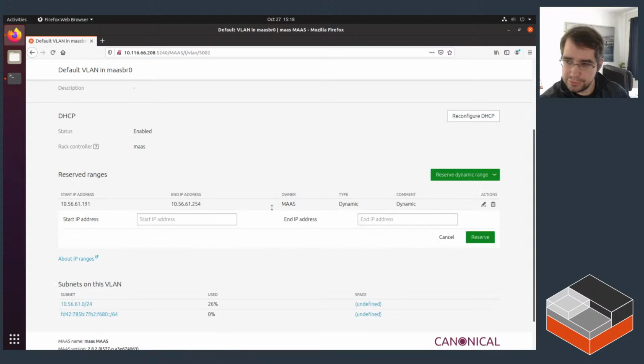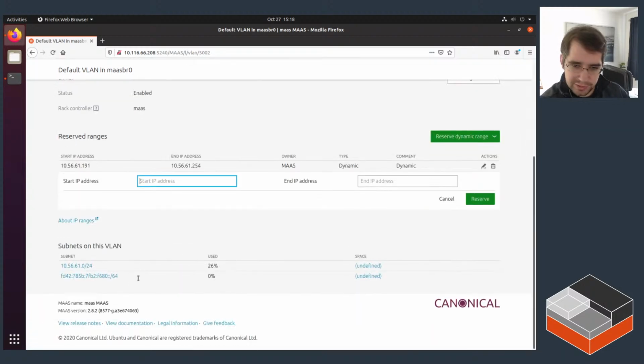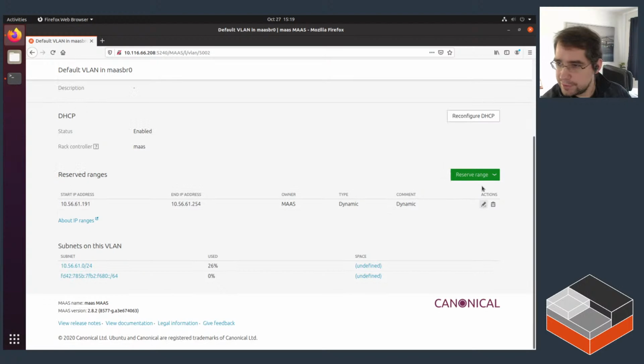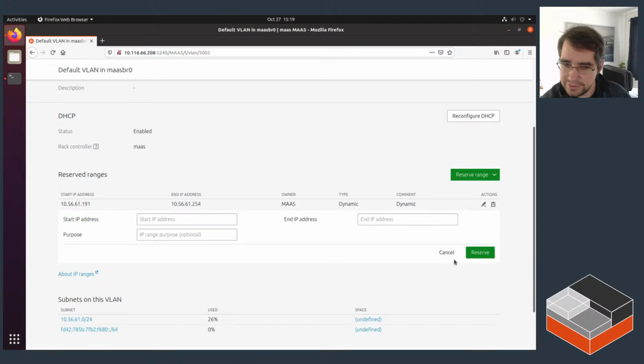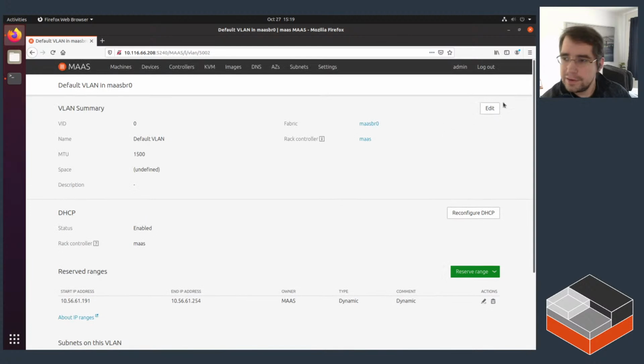Okay, so I guess we do reserve dynamic range. Huh. That seems a bit more manual than I would like, but okay. So let's do the equivalent for v6. So we're gonna give it also 191 to 254. Let's see if that works. Failed to detect valid IP address. Okay. Well, I guess that doesn't work that way then. What does that one let you do? No, okay, that's to reserve outside of MAAS's own use. Okay, anyway, we've got